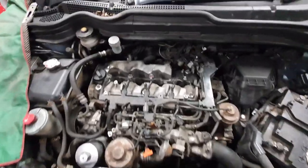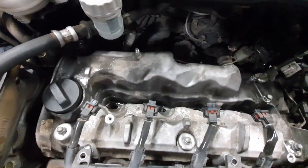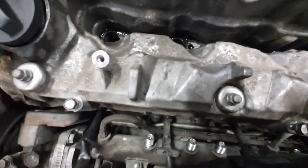So, made to start stripping it, took the engine cover off. Now I've drained the oil and disconnected the injectors and the injection pipes. Taking the injectors out. Little tip with the injector pipes,